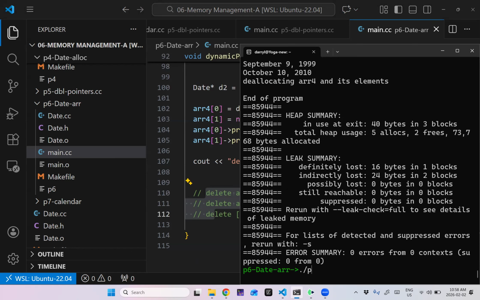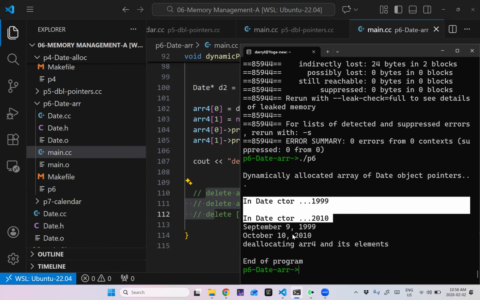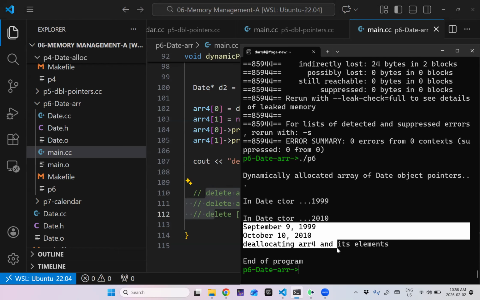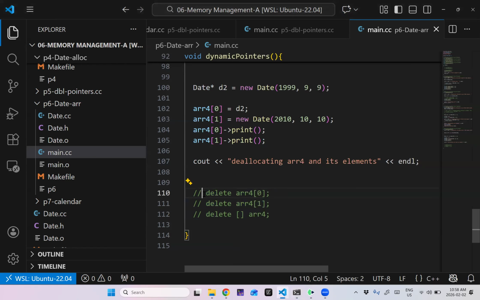So yeah, the two dates are constructed when I call new, and I print them out. I didn't deallocate anything at this point, so no destructors were called. And of course, I have memory leaks.